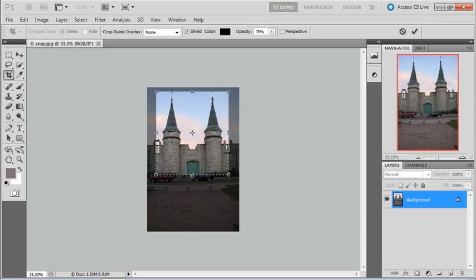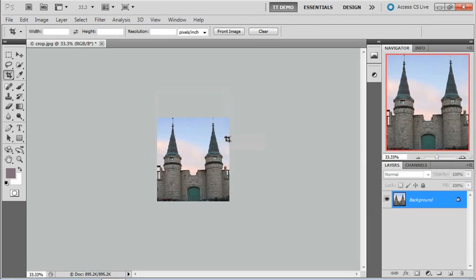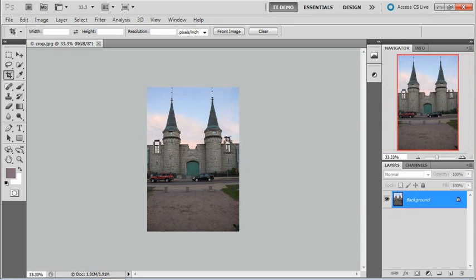Now I'll drag this out to the bottom. To commit to this crop, you can simply press the Return or Enter key on the keyboard, or on the PC we can right-click, Control-click on the Mac, and select crop. And there we have our crop. I'm going to undo this with Control-Z on the PC and Command-Z on the Mac, because there's something else I